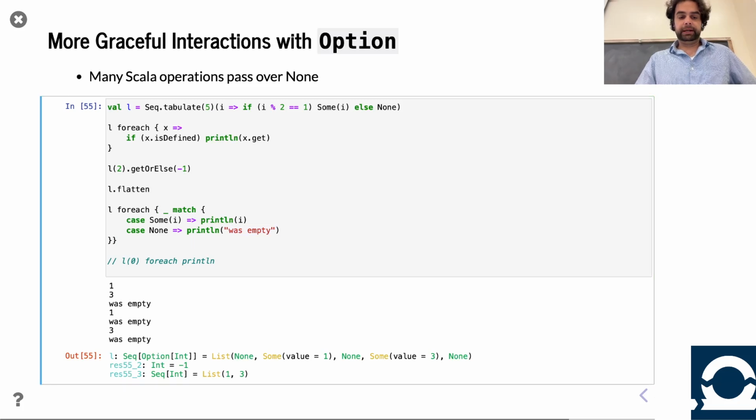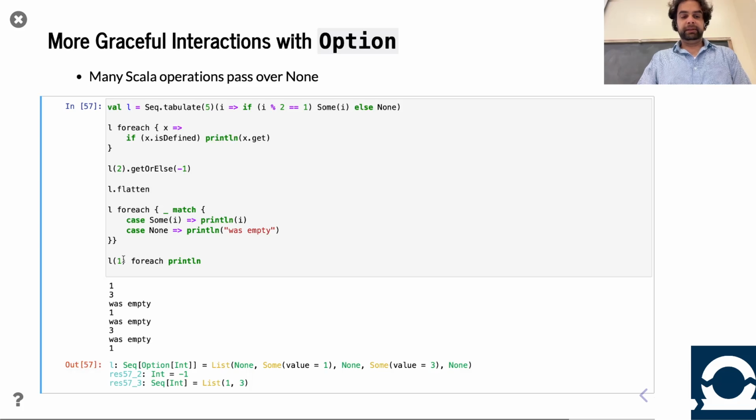That's pretty cool. So we can work in this a different way. And then also, foreach is smart enough to, you see the output didn't change. If you give an option type to foreach, it will do it if it's there, and if it's not there, it won't do it. So if I say one, we know one exists, it prints that one. But the zero we know is a None,